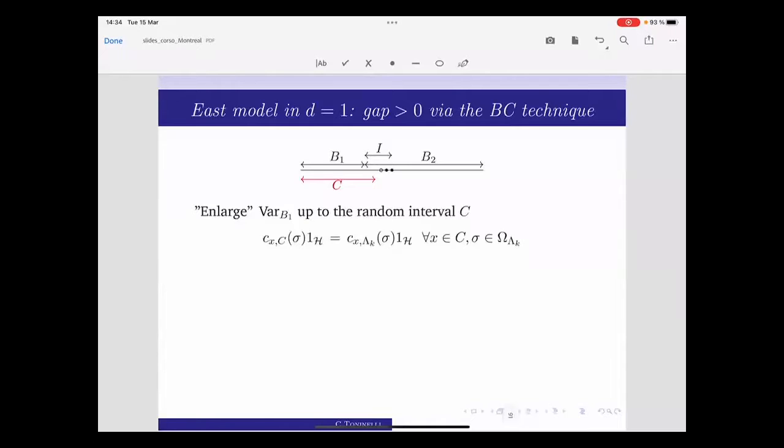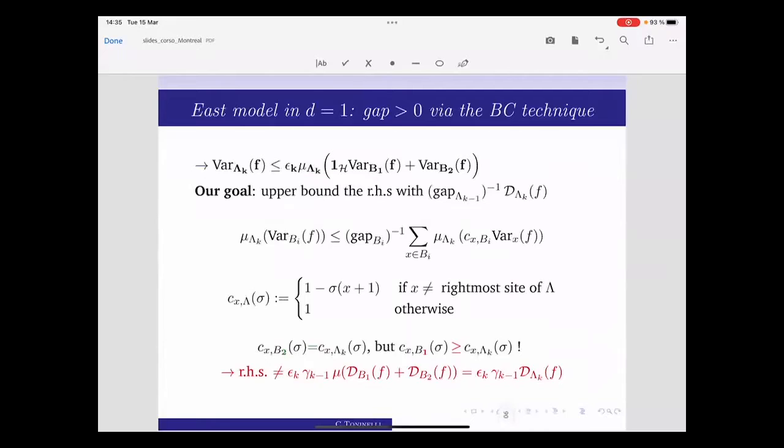And if the boundary site is occupied on finite volume, I know that I cannot relax to equilibrium because the last site of the volume on the right is never updatable. So it means that its relaxation time is infinite. So I cannot hope to use directly these inequalities on the smaller volume